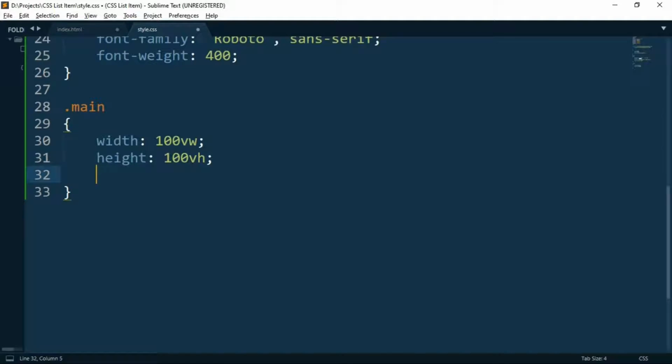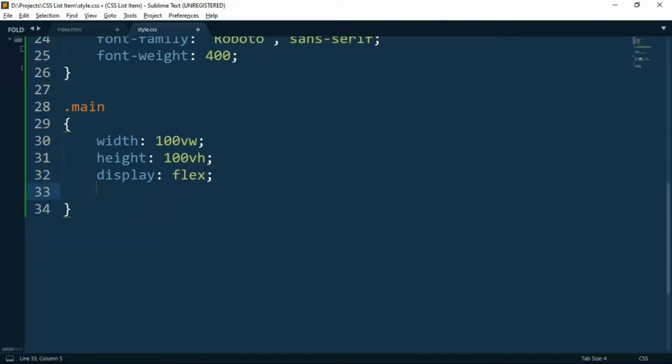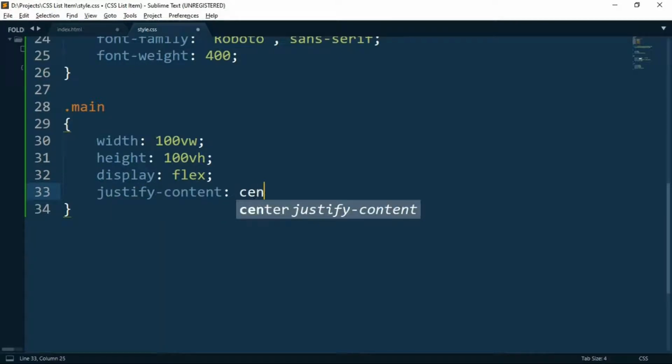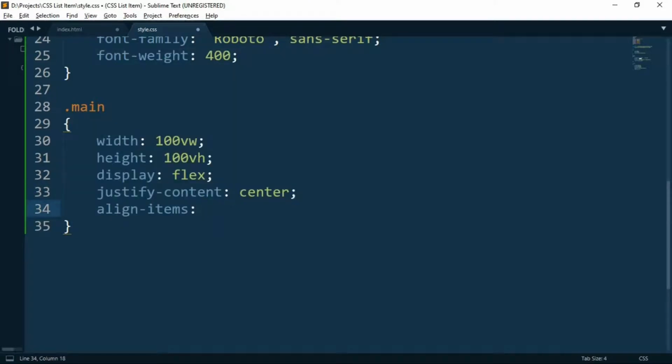We want to make it capture the entire screen, and we want to display it as flex so that it looks nice, and we want to bring it into the center of the web page. So for that we'll have to align items to the center, and we'll have to justify the content to the center of the web page.